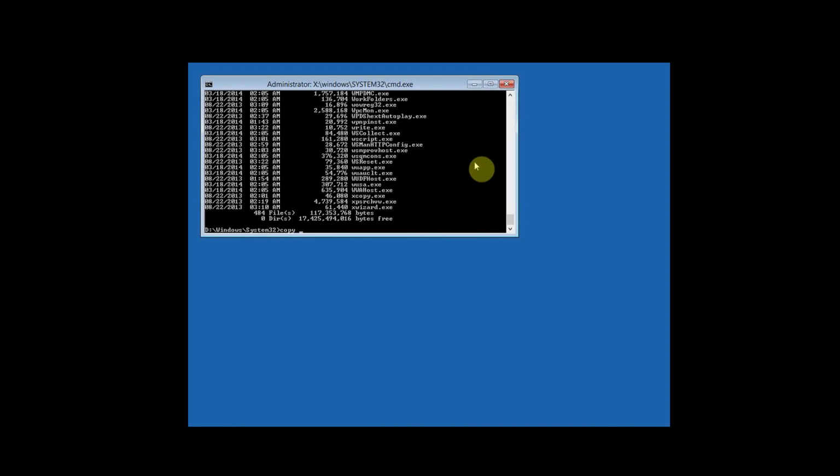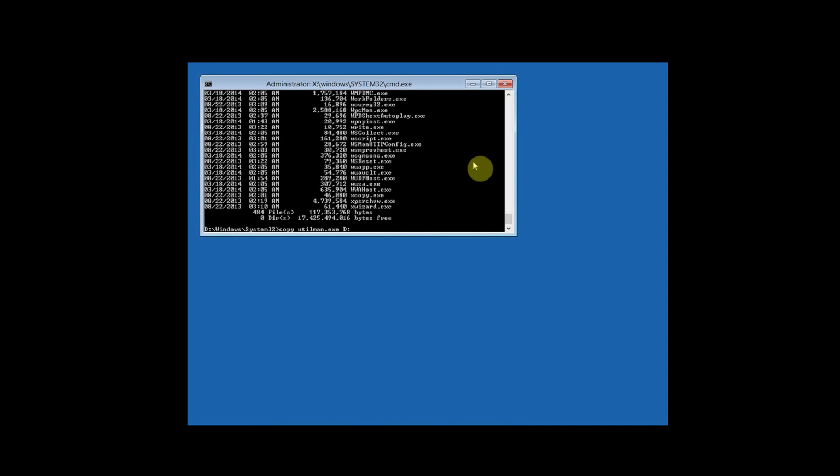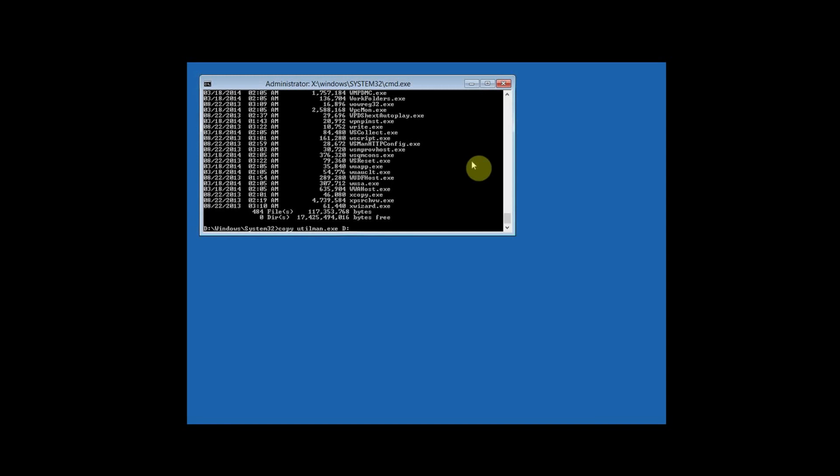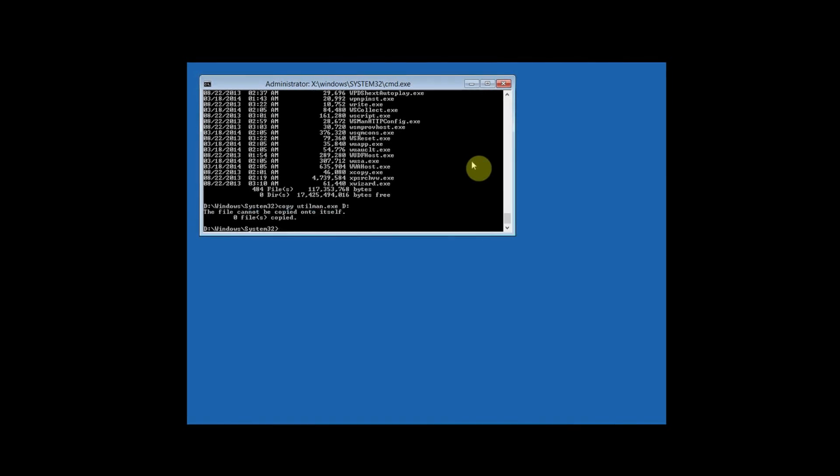So all what you need to do is make a backup copy. It's called utilman.exe. We'll copy it into the main directory, for future need, if you need to fix it or something like that. The copy command works the same way: I will choose copy, copy the file name, and then I need to write the destination, which you'll put in the main directory of the drive, which is D, and